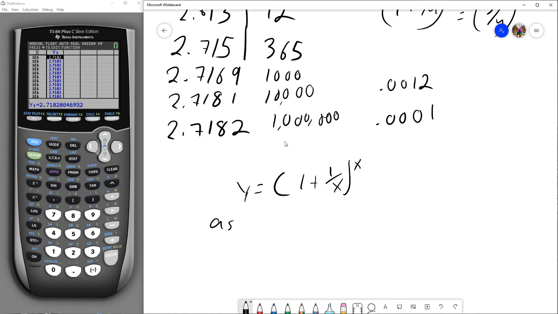We can say as x approaches infinity, we've noticed that as our number of times n is compounded gets bigger and bigger, this seems to be approaching a finite value. That is called a limit. So as x approaches infinity,